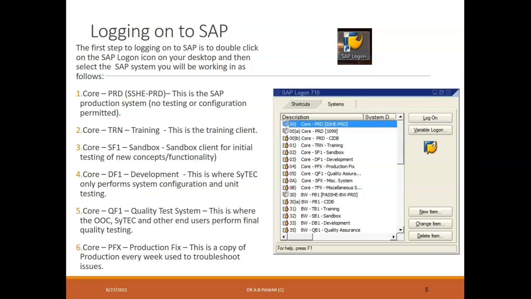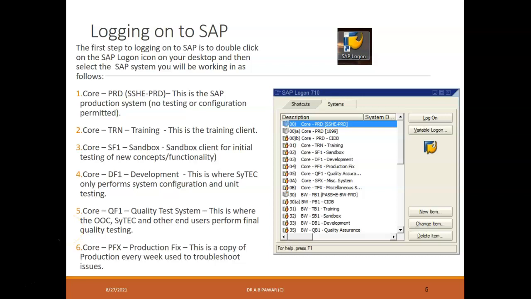Once you log in to your SAP, you will get its particular shortcut icon. You have to double click, and according to your purpose you have to select that particular SAP system. I know that immediately you will not get access for SAP logon, but this is helpful to you during your internship, as well as when you go to the industry, you will find the same kind of interface.